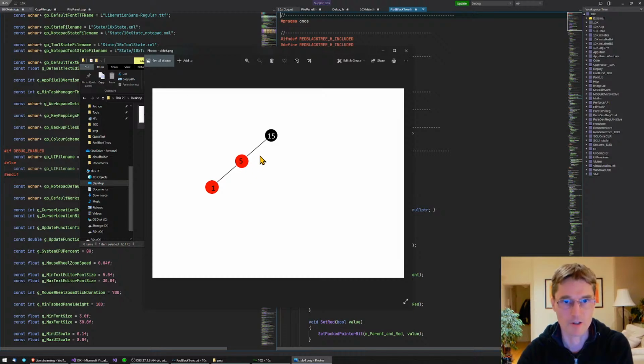And what we mean by rotation is, at the moment we've got 15 as the root, and then 5 and 1 come off that as children. We could easily make 5 the root. So what we do is,